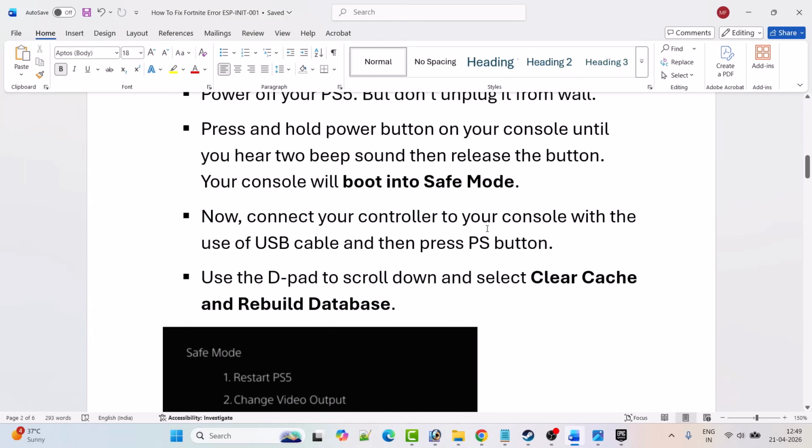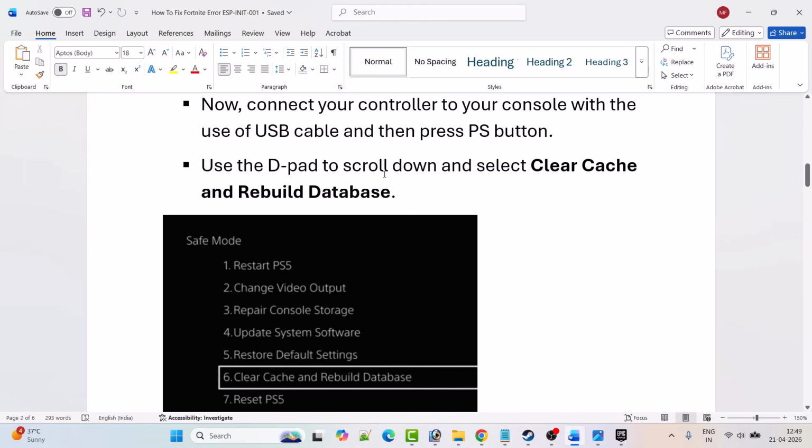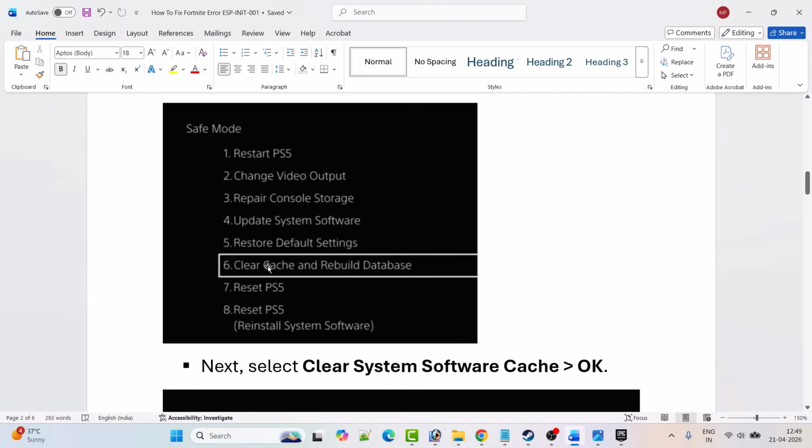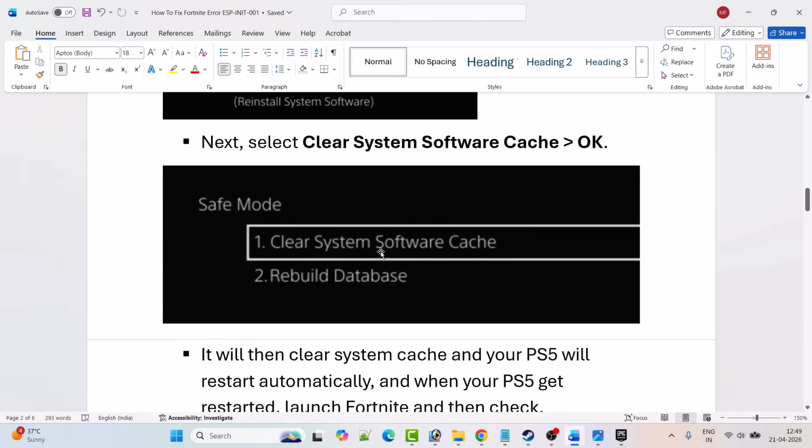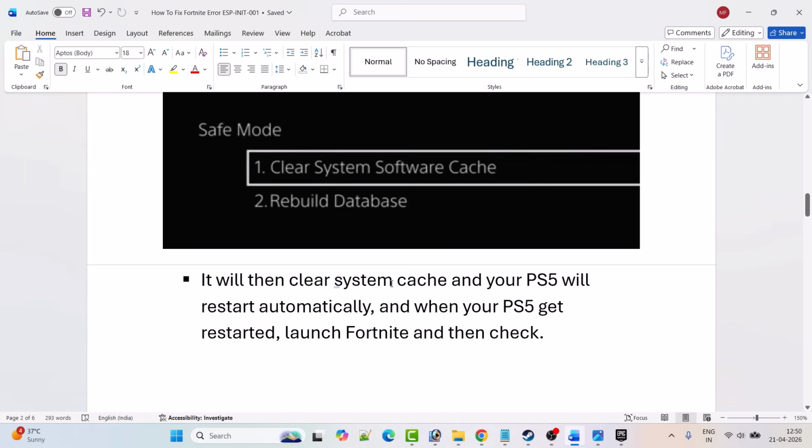Now connect your controller to your console with a USB cable and then press the PS button. Now use the D-pad to scroll down and select clear cache and rebuild database. Next select clear system software cache and then click on OK. It will then clear the system cache and your PS5 will restart automatically. And when your PS5 restarts, you can go ahead, launch the Fortnite game and check if your problem